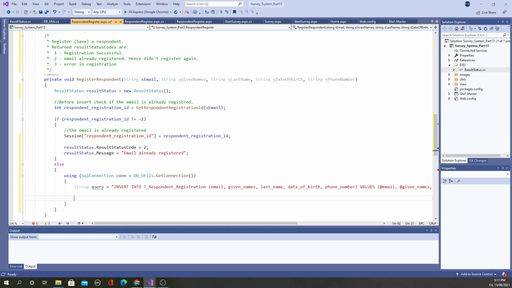First thing is I have to do some cleaning of some data. So let's see what that is. Some pre-preparation of data, because here I'm inserting date of birth and my date of birth is coming from a text box. I have to get the date of birth value from the text box and convert it into a date time object. But when I create a date time object, I have to pass the year separately, month separately, the day separately. But in my text box, the year, month and the day are all as one, separated with a /.